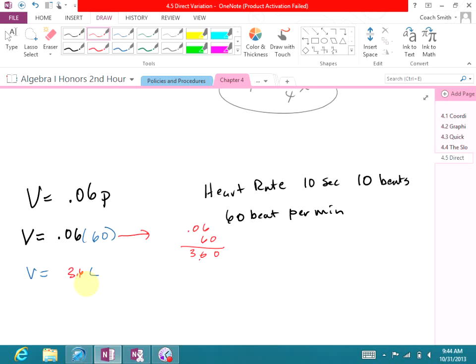Huh? No, you don't. No. So y'all are wrong. Multiply by 6, because there's 60 seconds. So if you did it for 10 seconds, you multiply it by 6. I got 5.4. So